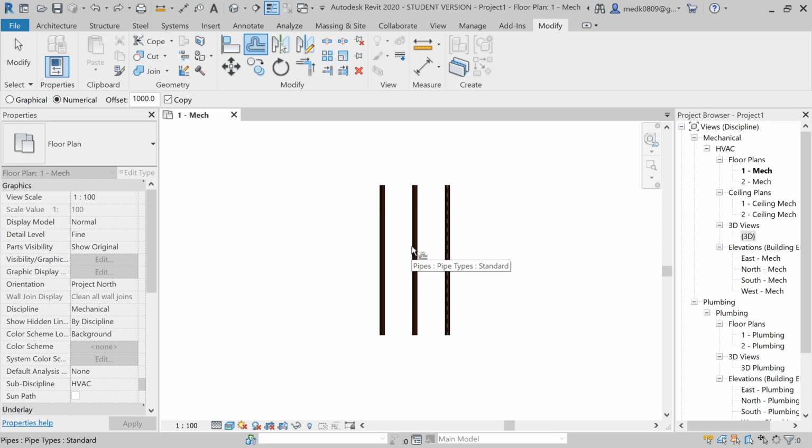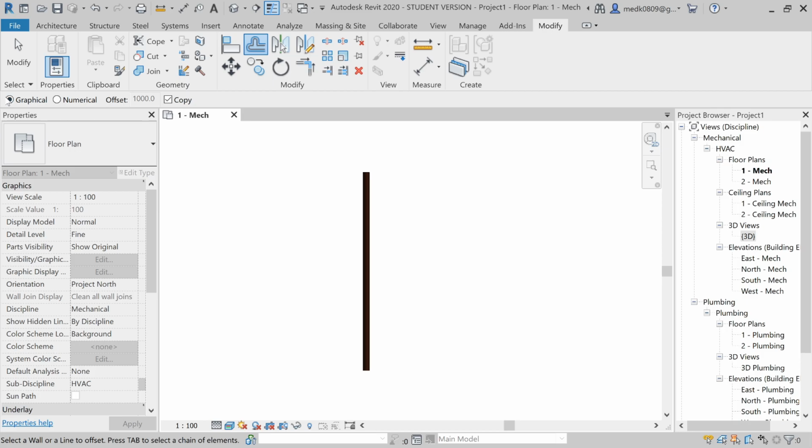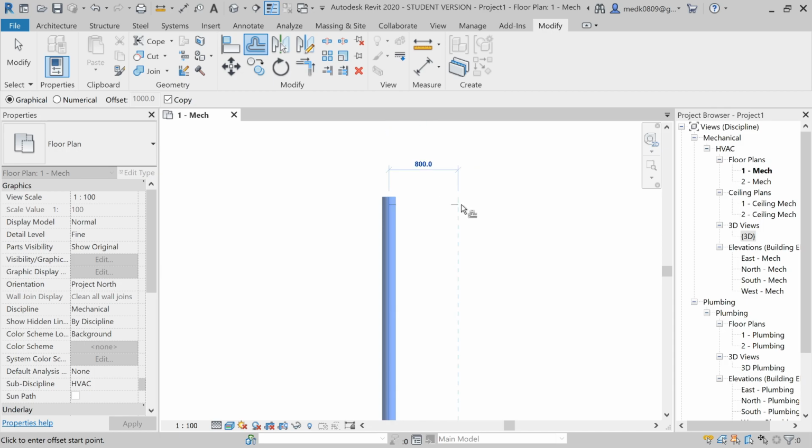Okay, this was numerical method. For the graphical offset, I will choose graphical. Then I will specify the element which I want to offset. So this is the pipe, and now I will select the base point. Any point can be the base point. Let's say this middle point. Okay, now I can copy it anywhere. You can see we have this dimension now between the two elements. Right now dimension is 1000. If you want the dimension to be 500, write 500 and enter. You will have an offset at a distance of 500.